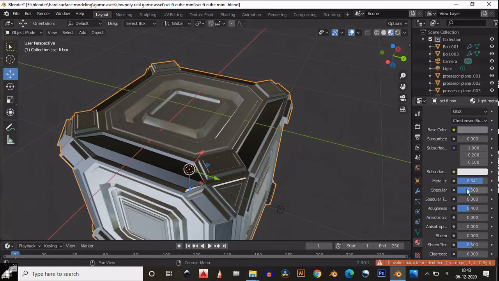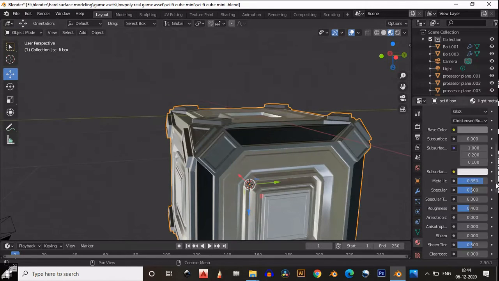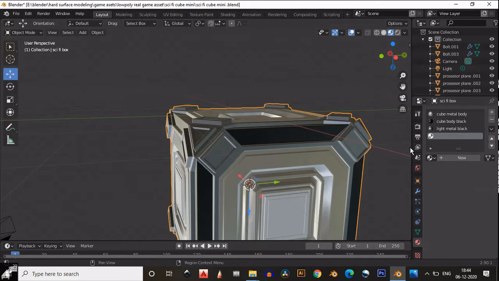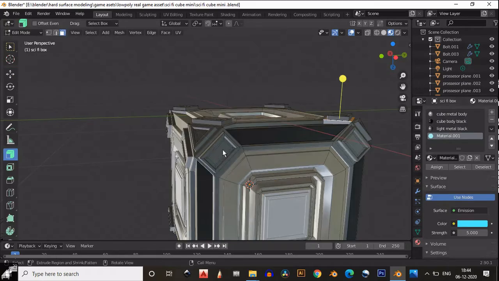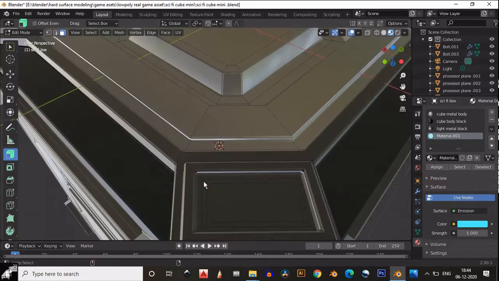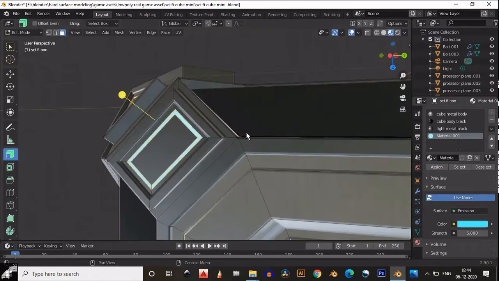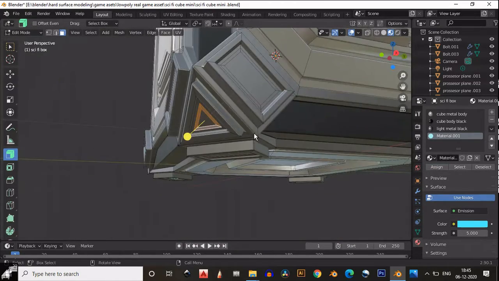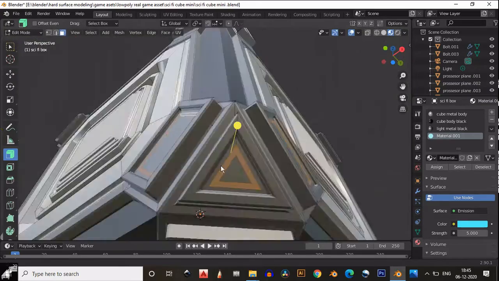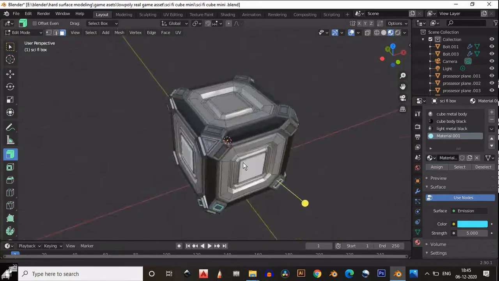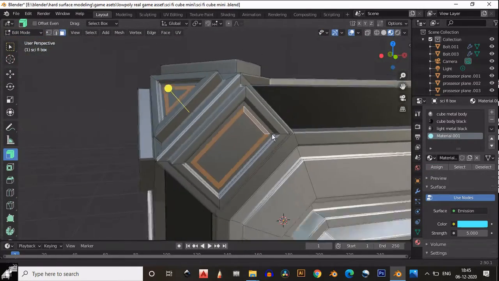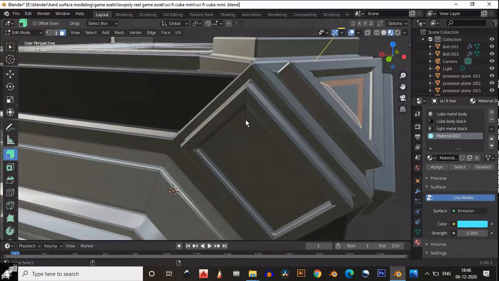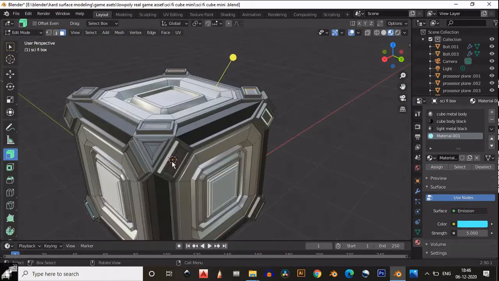Then here I just increase its metallicness like this. Then I will add emission shader. Emission shader, or emission texture, plays a very important role in this sci-fi art because it gives that sci-fi effect. So basically it is a light kind of thing, but it is on the object, so it makes it different compared to the spotlight or area light. The emission light gives a little bit different light effect.